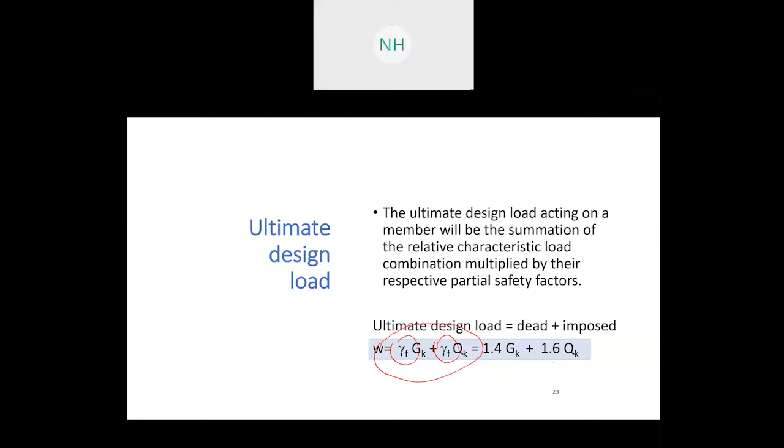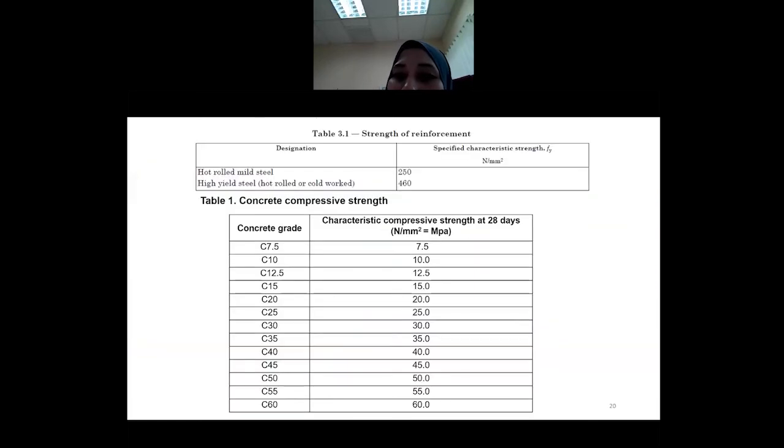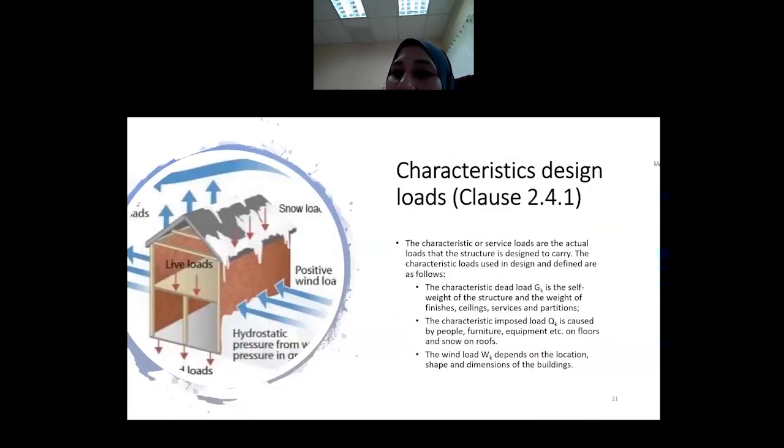No, the G, the Q. Oh, okay. G tadi kita ada tengok dalam previous slide kita. The G is this one. That load. Okay, so that load ni usually bila kita kira GK ni, usually in the